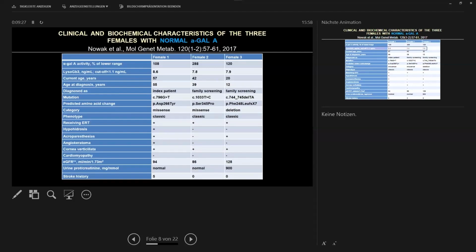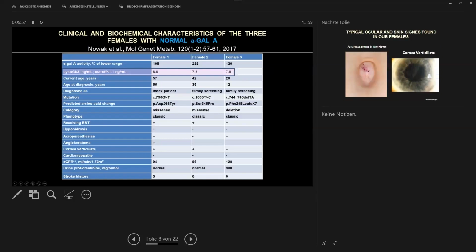Lyso-GB3 can be helpful for the diagnosis of Fabry disease, and it is particularly helpful sometimes in females. You know that in females, we can measure the enzyme activity in the leukocytes like we usually do with men, but in females, it's not always indicative for Fabry diagnosis. In these cases, where we have normal alpha-galactosidase levels, and this is an example of 3 of our females, they